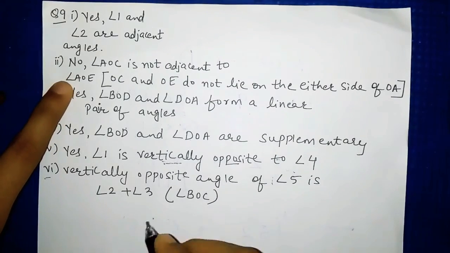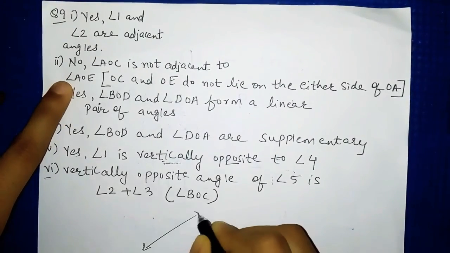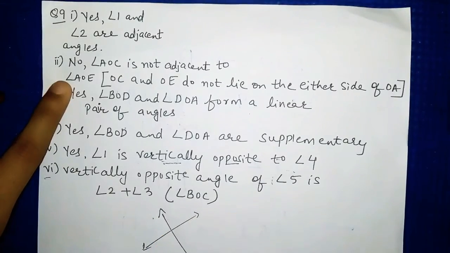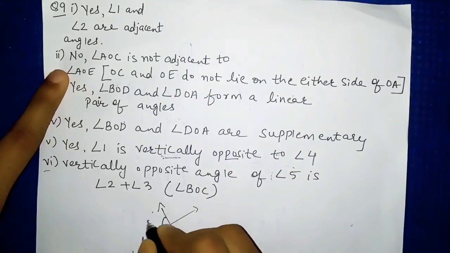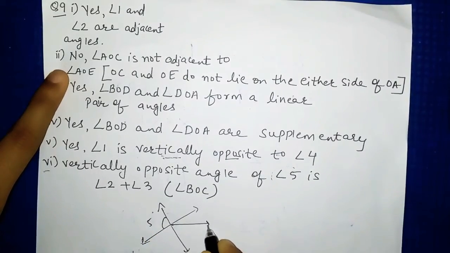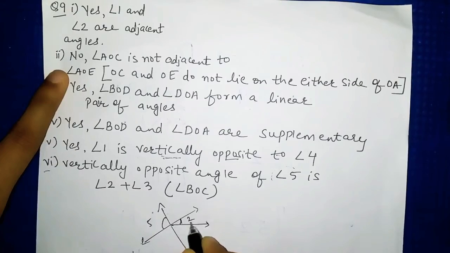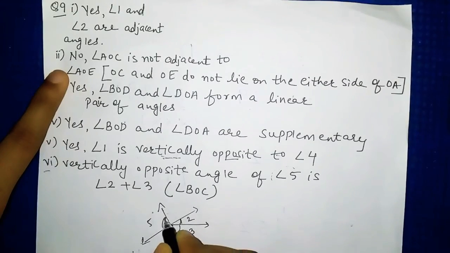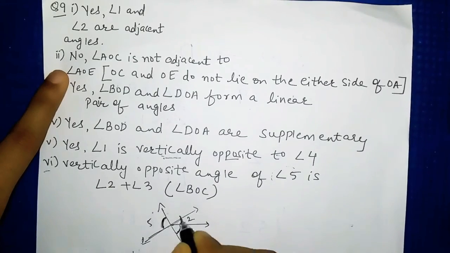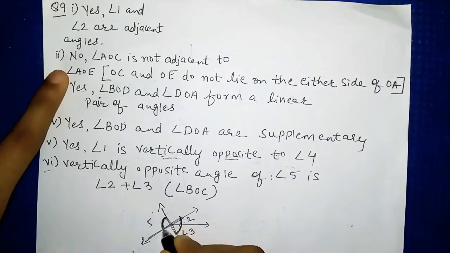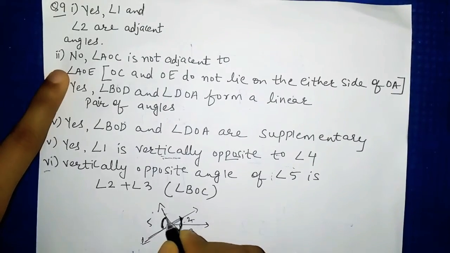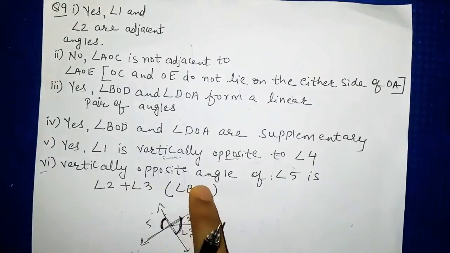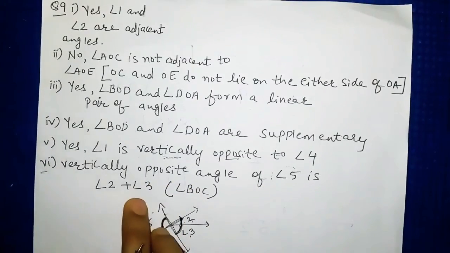So if you see the figure again, you will see this X shape. Okay, in the figure, angle 5 is given on this side. But here in between one ray is given, and this is your angle 2 and this is your angle 3. So this angle 5 is equal to this whole part, vertically opposite angle. So ये X shape आपको देखना है. So angle 5 is equal to 2 plus 3. दोनों का जो total करेंगे, that is equal to angle 5. So the vertically opposite angle of angle 5 is angle 2 plus angle 3.